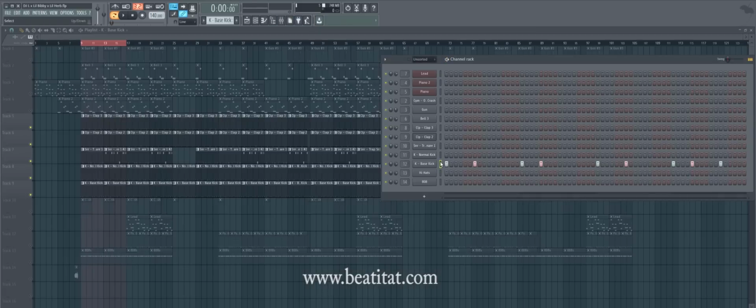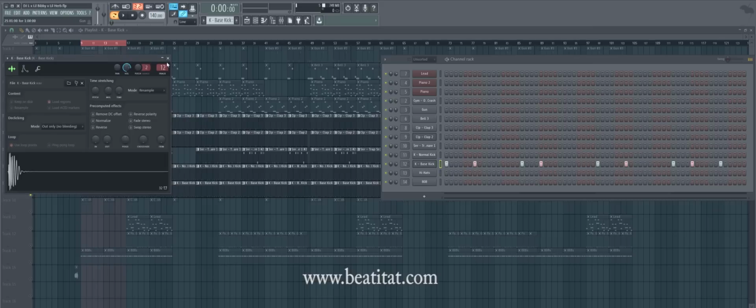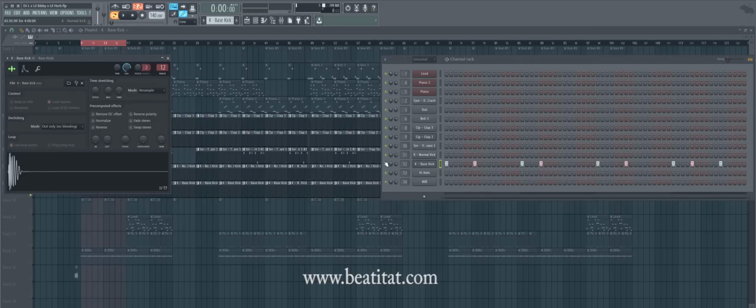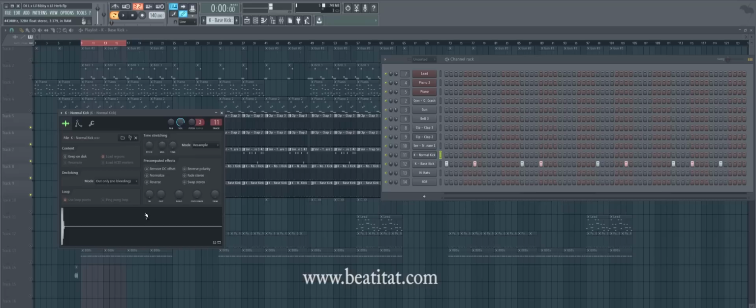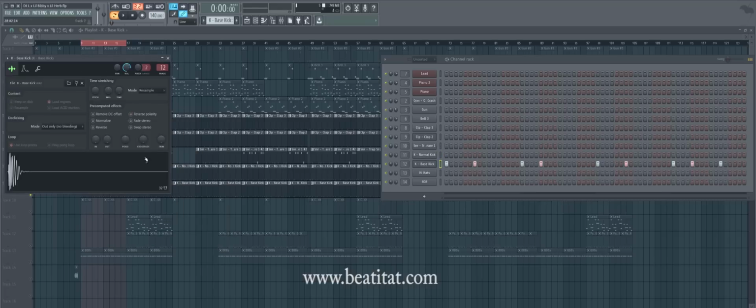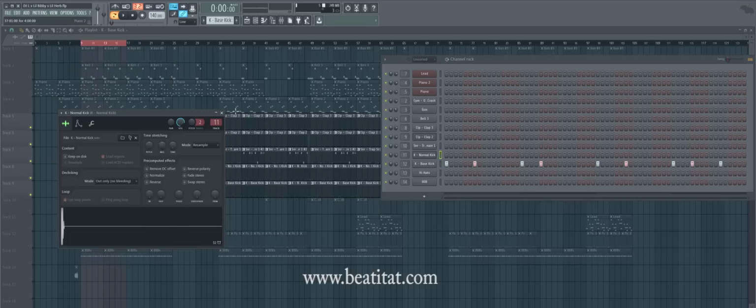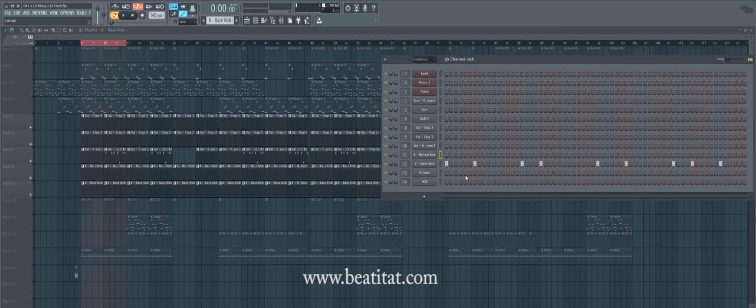So here's a kick. Now we got two different kicks: a normal kick, a bass kick. Bass kick has more of a subby hit. Normal kick, more of a bump, and this has more of a thud sound. Now both the kick patterns, normal kick and bass kick, are the same exact thing. So if we were to play this,